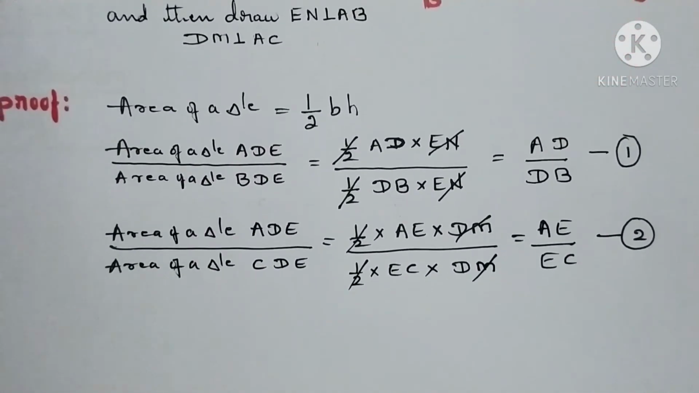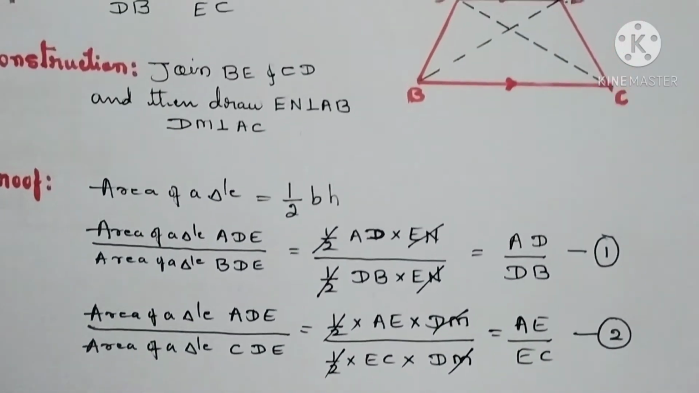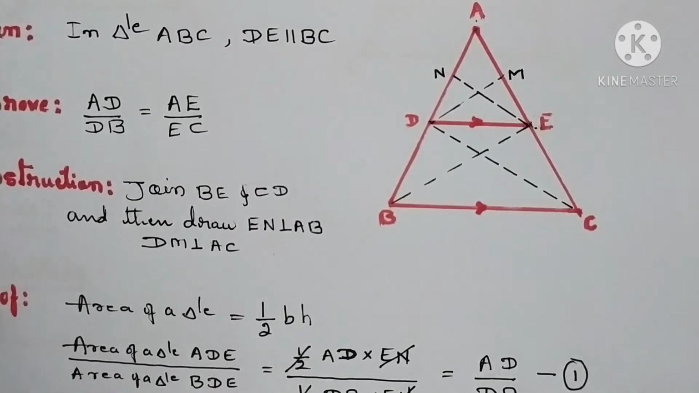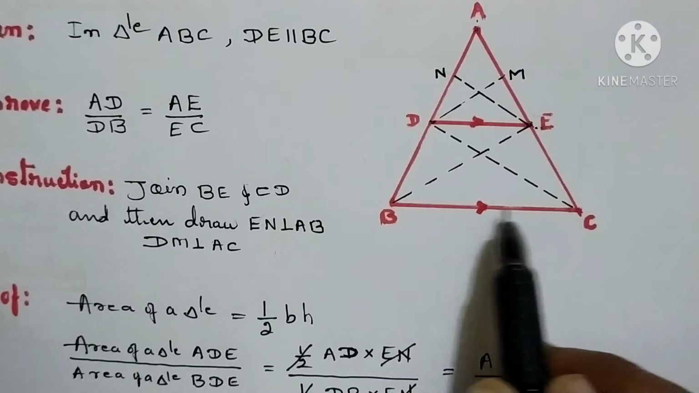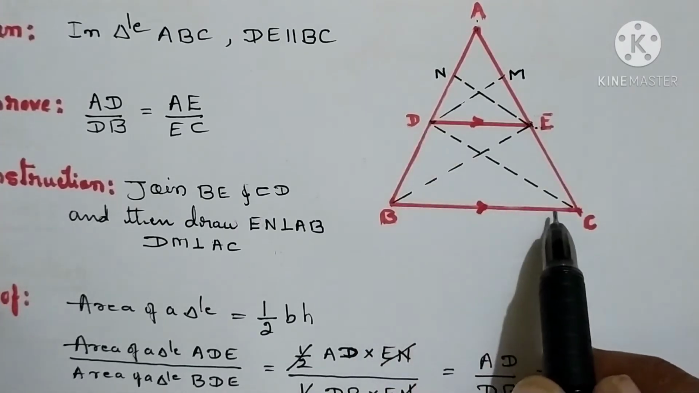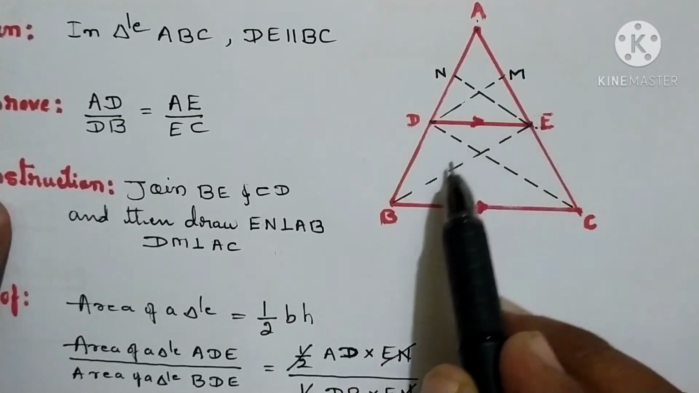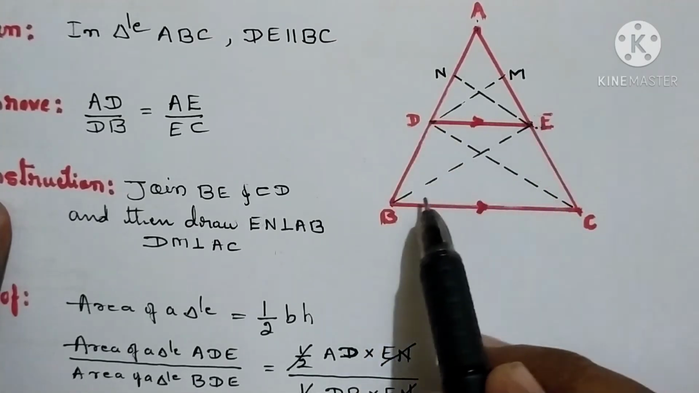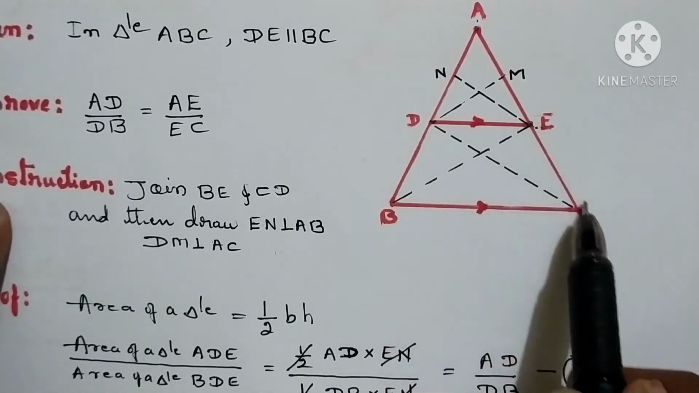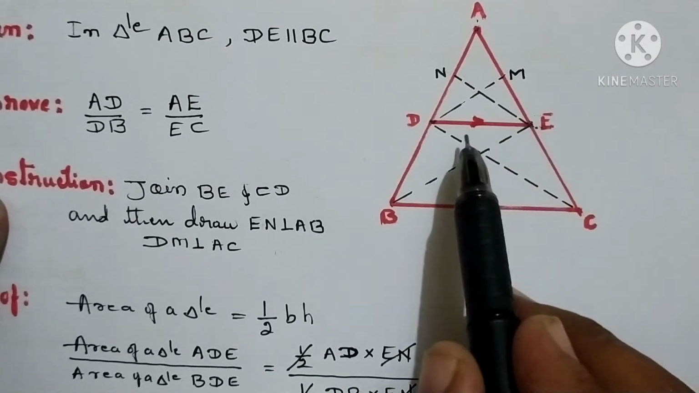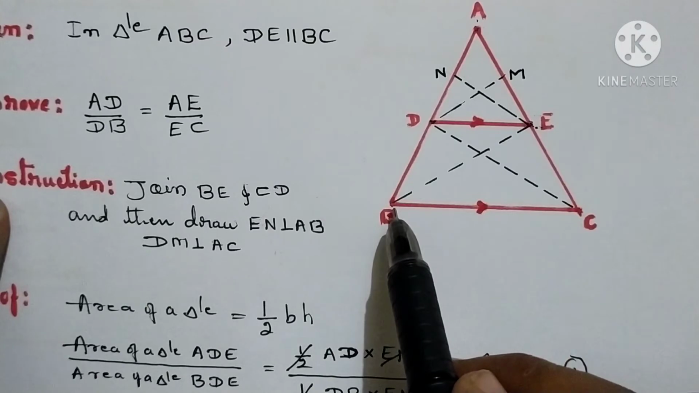Now, next step you see here. Now here DE is parallel to BC. DE is parallel to BC. Now here you see triangle BDE and triangle CDE. These two triangles are standing on the same base DE,